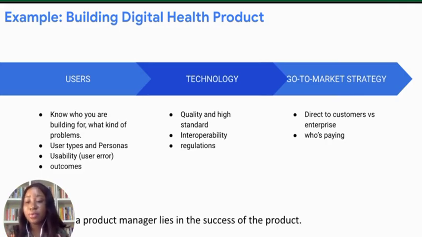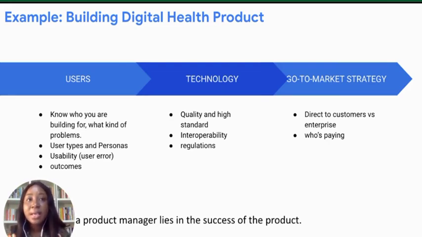Those are different types of users. So you have to be able to know these types of users, right? And it is not just the patients that will come and use your product. Your doctor too is another user. The hospitals that are going to sign up on your device is actually another user, right? So these are the types of users, and that is why you really want to know them. You want to know their characteristics. You want to know their personas.